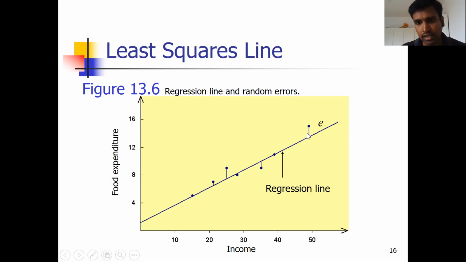And this gap between the regression line and the actual data, or the predicted line and the actual data observation, is called the error term, right? The idea behind regression is to come out with the regression line that can reduce this error term, right? So you must have the least gap